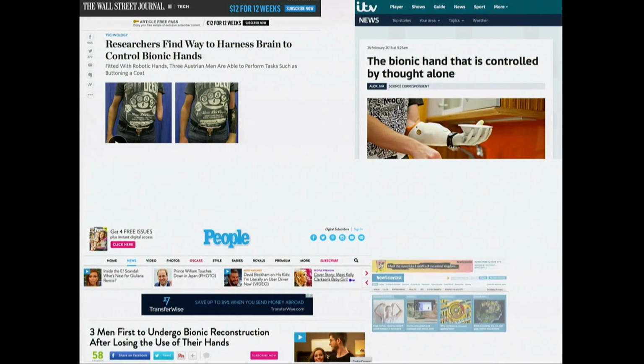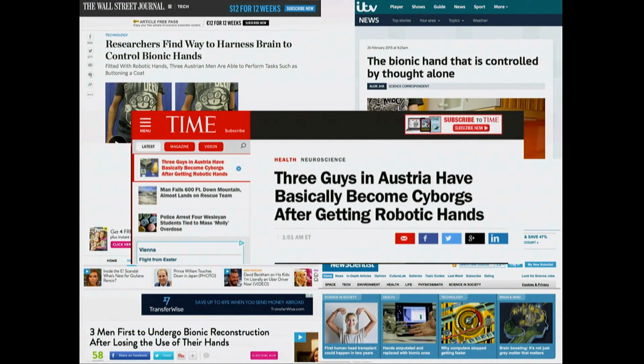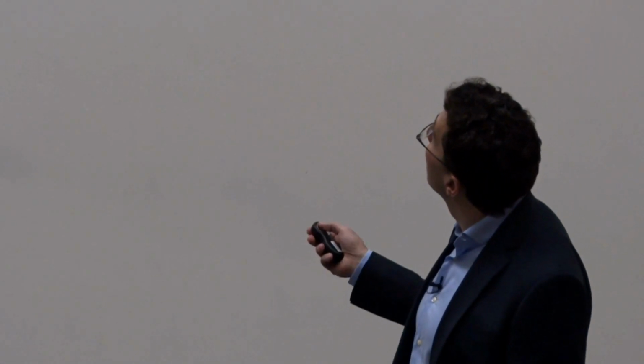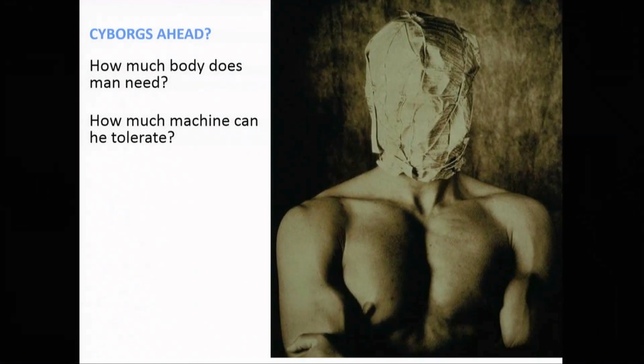All right, so the media coverage, as I said, was quite substantial, because this is something that resonates. And of course, the word cyborg is a very fancy and interesting word. But actually, we are talking about cybernetics. We are talking about integrating robotic parts into the body scheme. So, should we go ahead in that direction? Well, where we